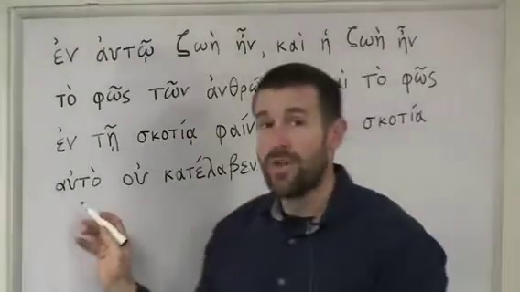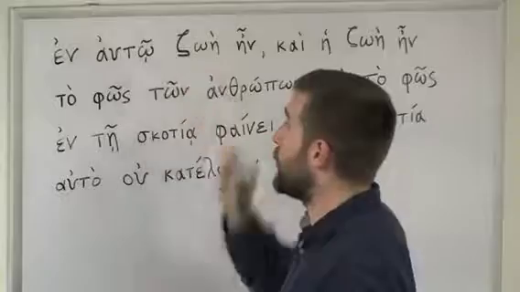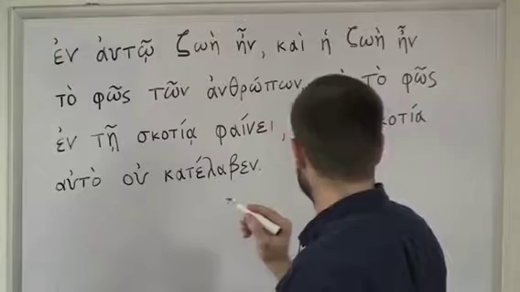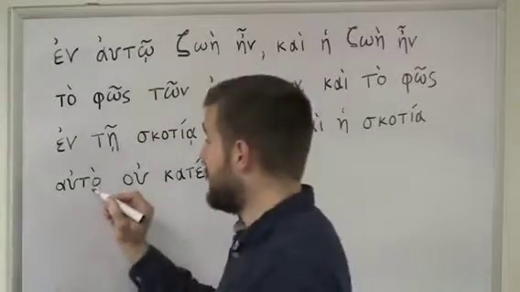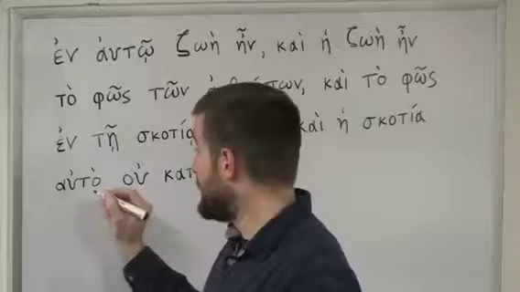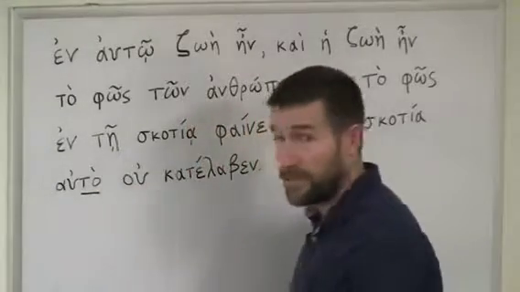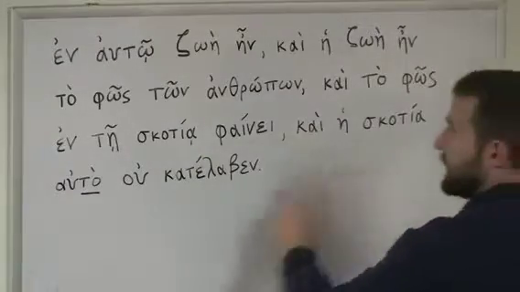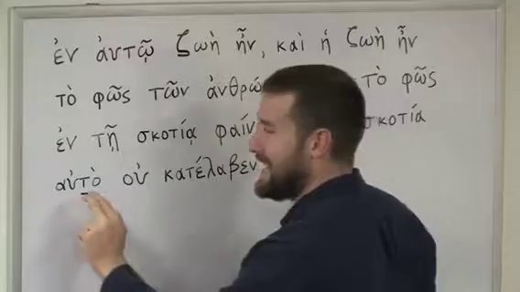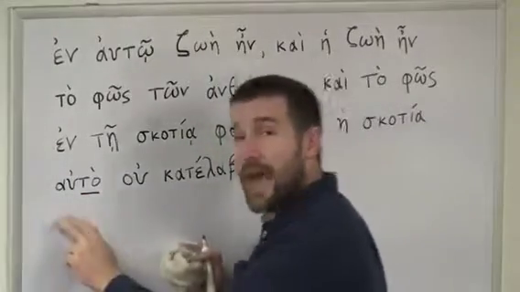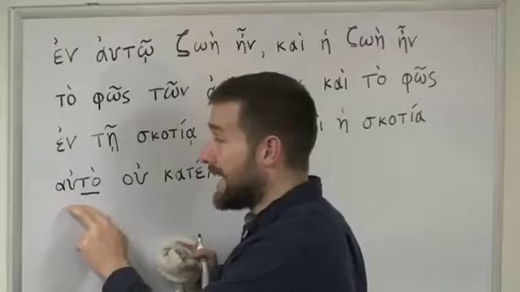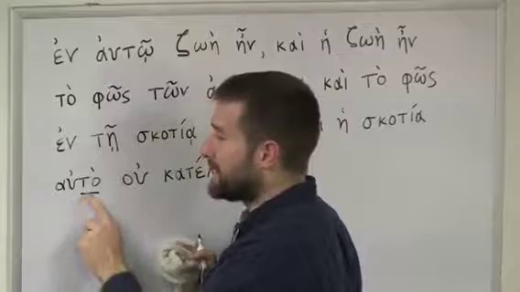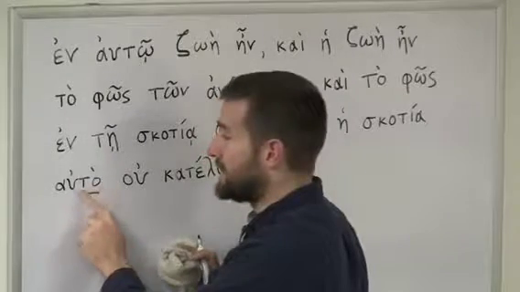Okay, auto is again the personal pronoun, just like auto up here, just like autou in verse 3. The personal pronoun, but this is not masculine anymore. Now it is neuter, all right? So that should look familiar from the chart. Now it is neuter, because it says, and the darkness comprehended it not. So in this case, because it's not masculine, it is actually neuter. It's not going to be him, like it is up here, him. It's going to be it, okay? And it's in the accusative case.